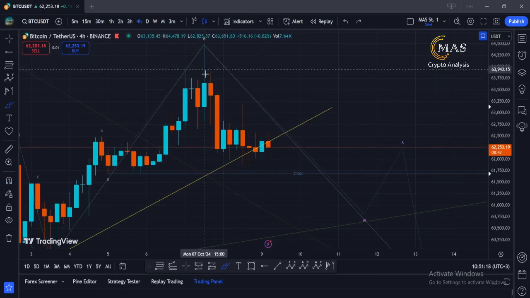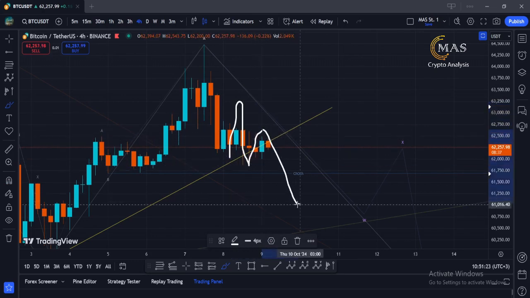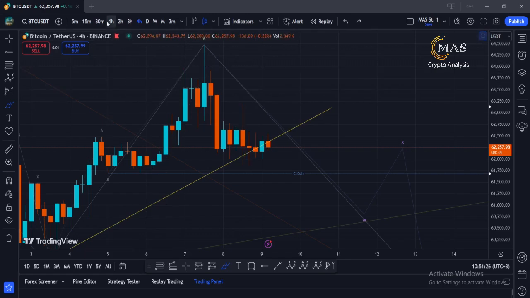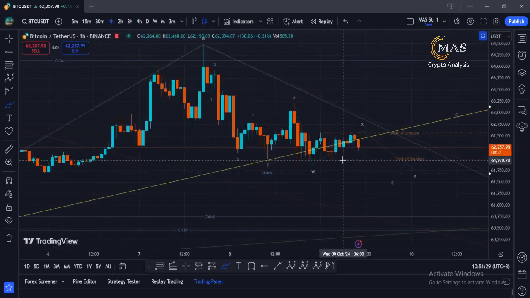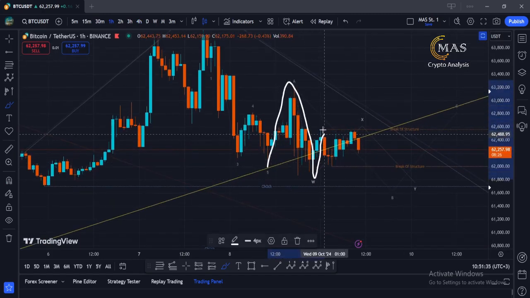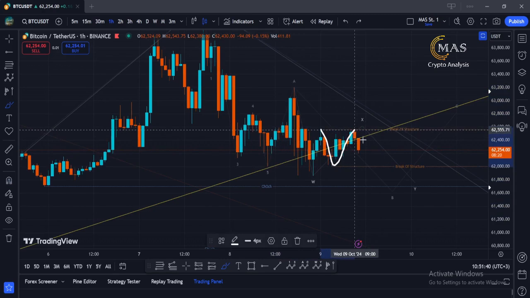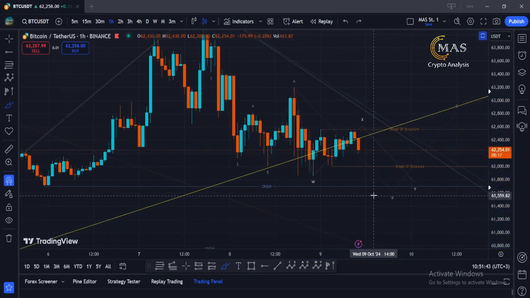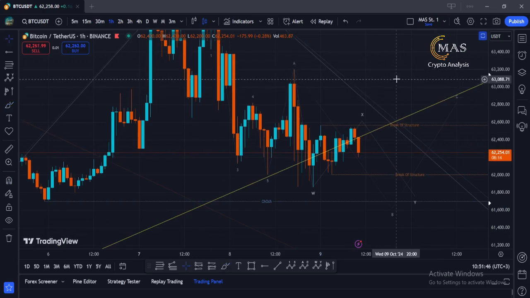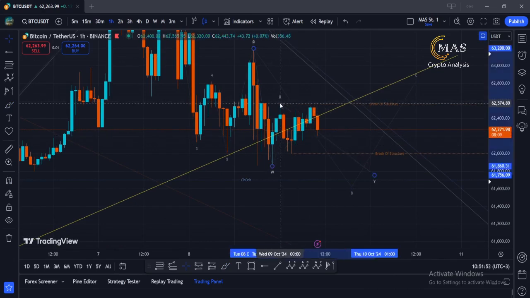After reaching for this down with these 5 waves here, we can count this A, B, C, running flat pattern, and we start the final wave. This is only my old decision here, my friend. Reaching for this point, maybe you end this A, B, C, and we start the final wave. And I have here the first, second, third, four, five to end the purple W in this low. I am waiting to see what we will have here, my friend. If we go to break this W here, I will end this X at this point. But if we go to break this highest, I will extend this X.